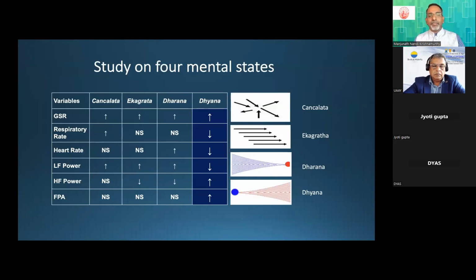But the world over, if you look at the scientific evidence, you can pick a selected number of them. What was interesting for us was also looking at the plasticity of the nervous system. When you go through this meditative practice, like the various phases of meditation, all of us remain in a state of chanchalata, which is random thinking. From there, we move to ekagrata, which is focused attention, and then move to dharana, which is intense focusing, and then to dhyana, which is the state of meditative being.